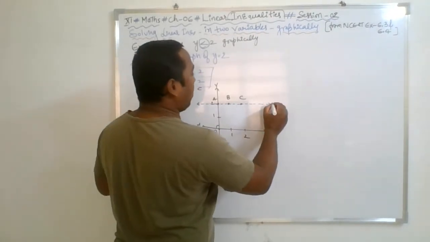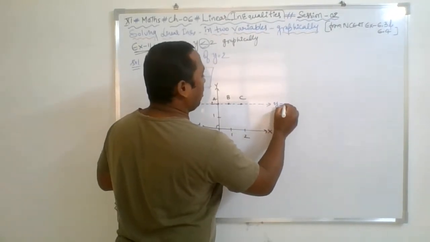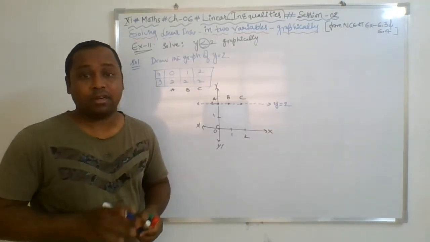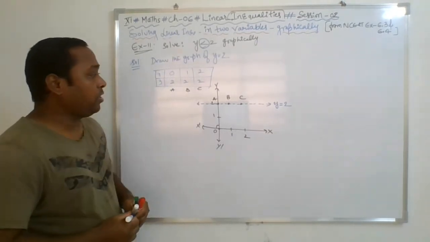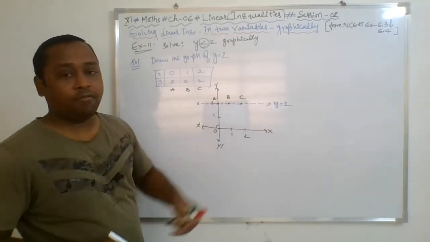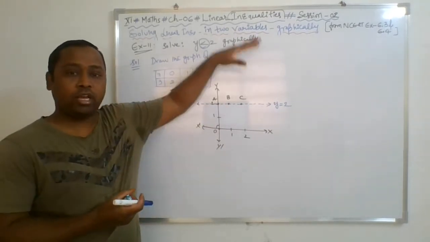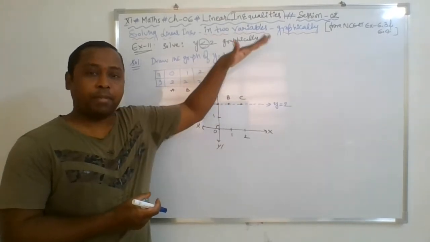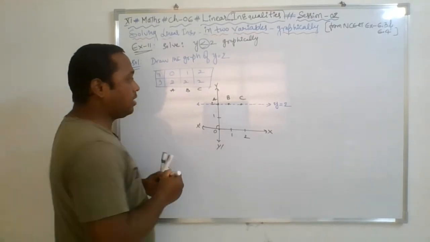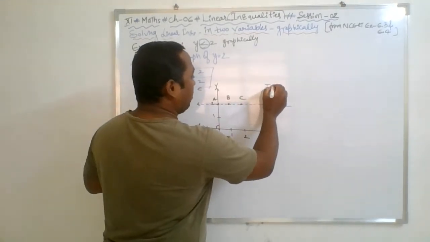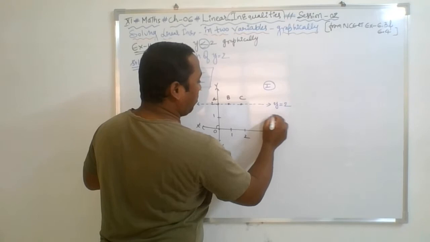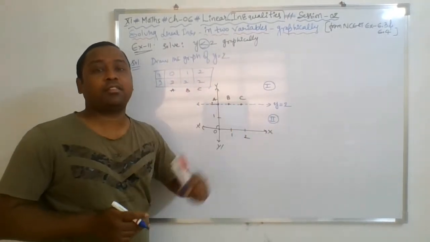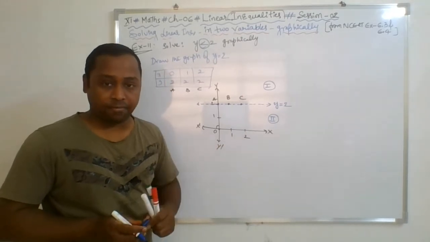Once you plot this one, immediately write the equation of this graph to represent it. Name it always. Labeling is very, very important. So now this line divides the entire plane into two equal half planes, each known as a half plane, upper half plane and lower half plane. Then immediately label the half planes with Roman numbers 1 and 2, and then decide which half plane is the solution region for the graph.